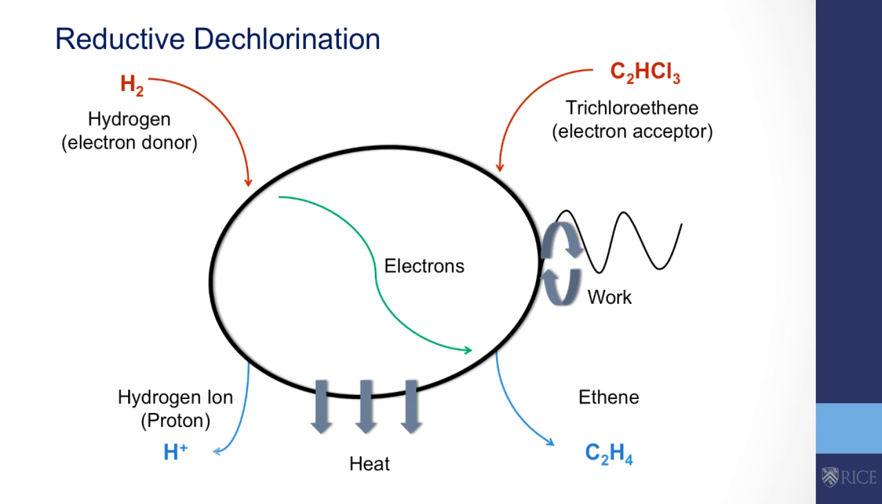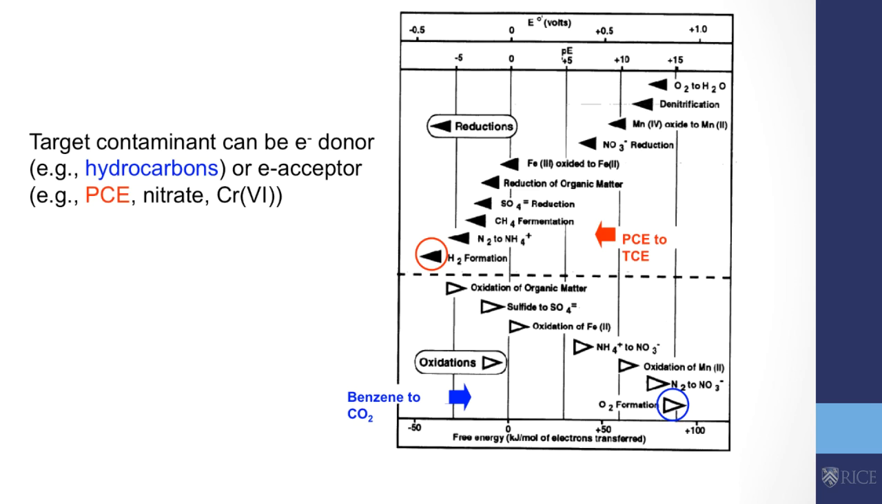Sometimes the target pollutant can be present in a relatively oxidized state, as is the case of trichloroethylene in this example. And instead of serving as electron donor, it can serve as electron acceptor in this redox process. So it is important to remember, as we learned in the last class, that contaminants can serve as electron donors, as is the case of benzene and hydrogen, which have very negative reduction potentials, or they can serve as electron acceptors, as is the case of perchloroethylene or nitrate, which have positive reduction potentials, and this will dictate the thermodynamic